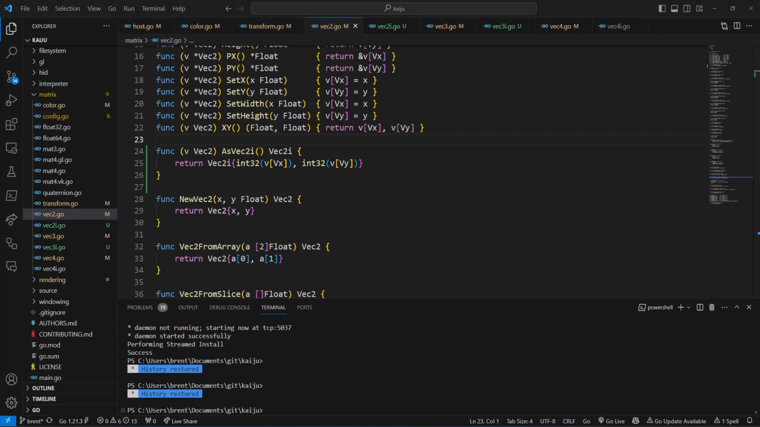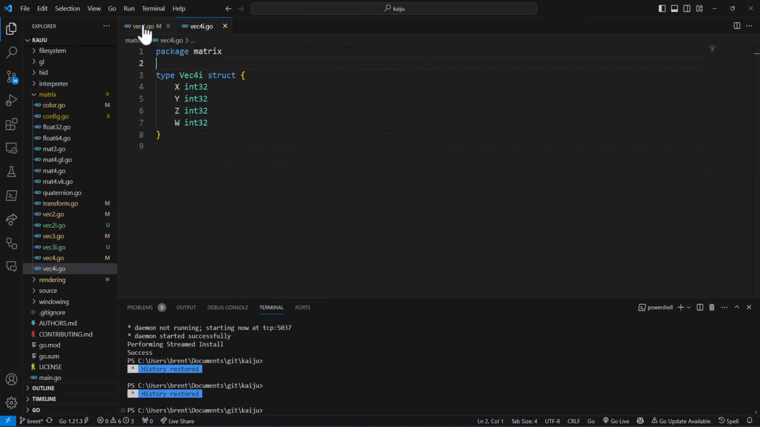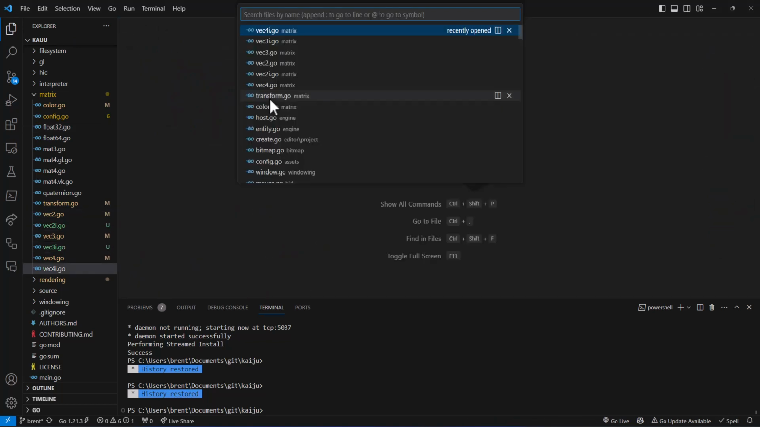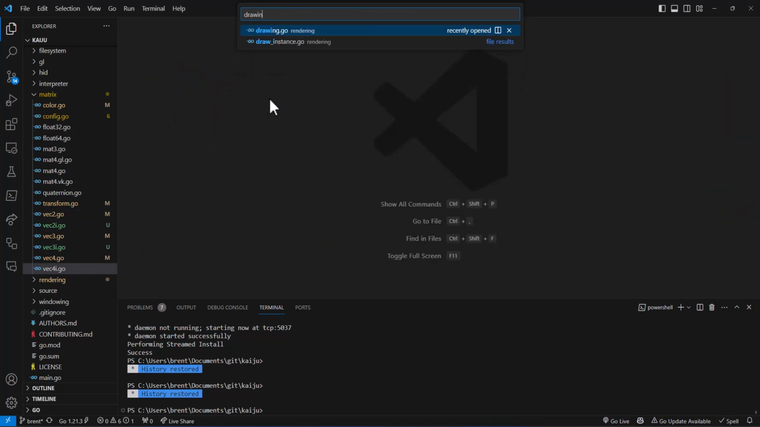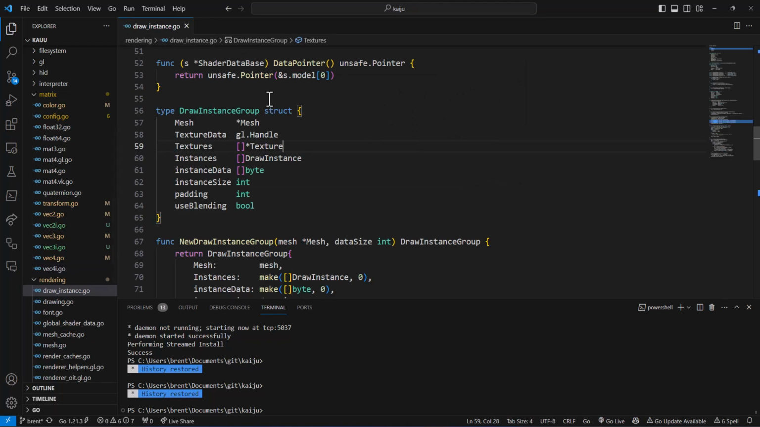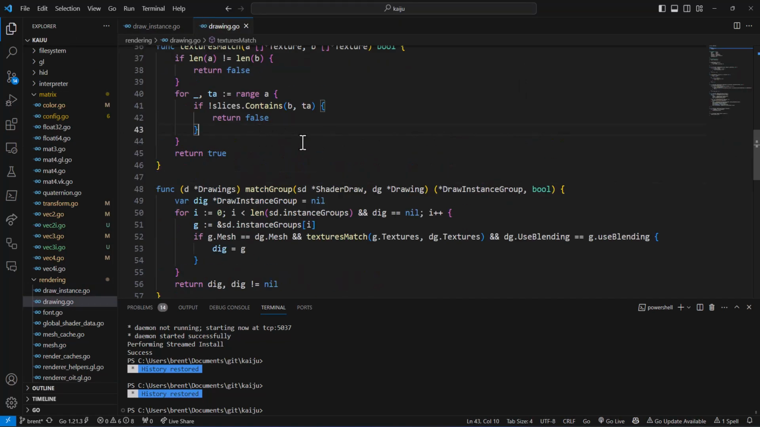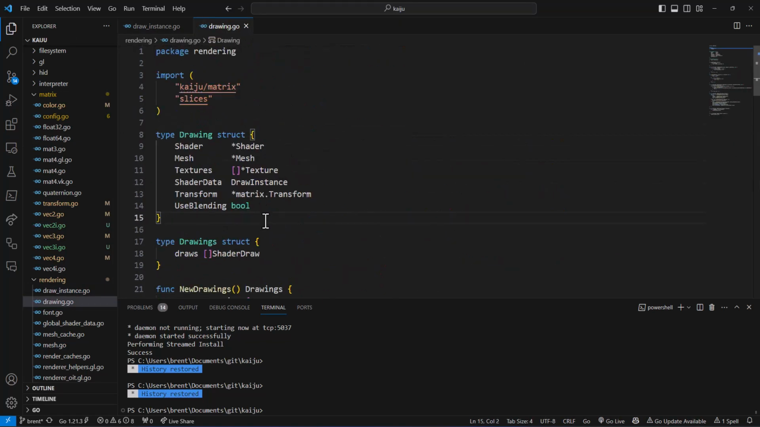Oh, that thing I was talking about earlier where we did the unsorted removal of drawing. We haven't done that. I did that. So we're going to do that now. So we're going to need a helper function in drawing.go. We're going to need a func